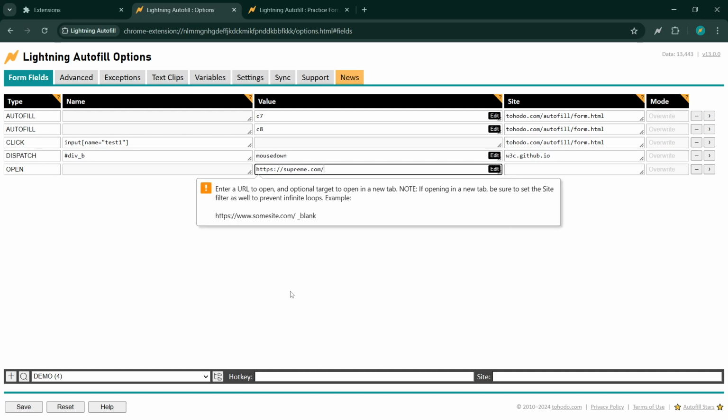A very important note: whenever you use the open action, you should always use it along with the site filter. The reason is whenever the page loads, it executes all the rules in the profile. So if there's no site filter, it's just going to re-execute open over and over and over again in the new tabs or the new pages whenever the page loads. So to prevent that situation where you're in an infinite loop of new tabs opening, always be sure to enter